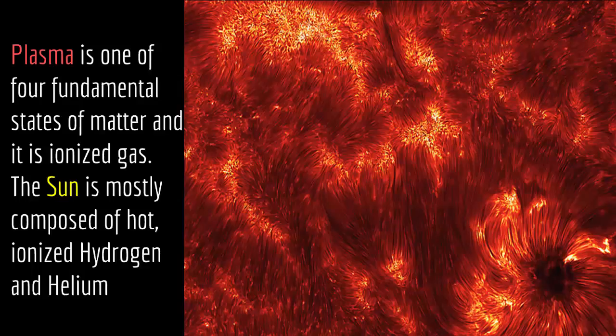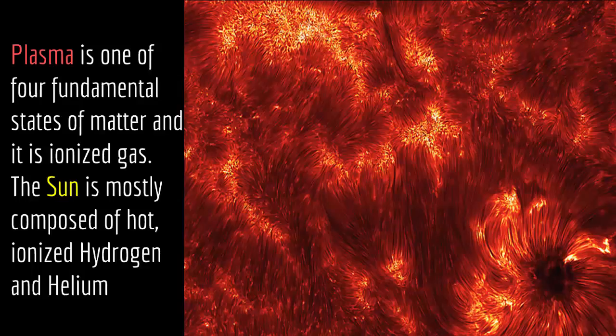Well, what does this mean? Well, the coolest state of matter is solid state. If you heat up a solid object, it will turn into liquid. If you heat up a liquid object, it will turn into gas. But what happens if you heat up gas? Well, it turns into ionized gas. You have seen plasma. The neon lights that you see, that's plasma actually.